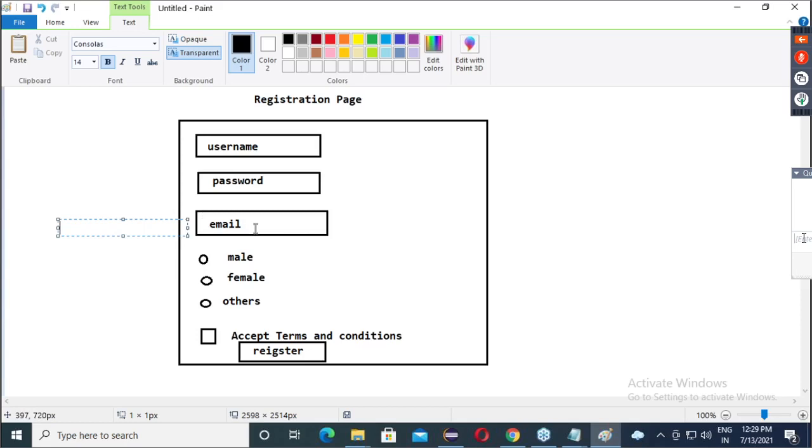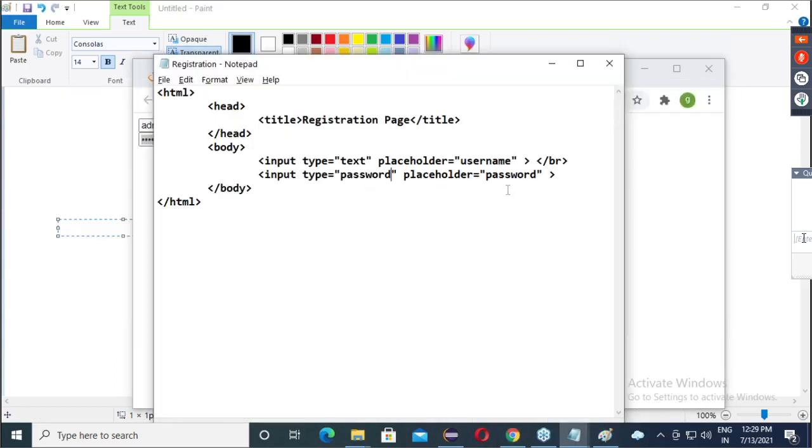Now the next field is email. Whatever email we insert, is it visible or not visible? Visible. So type equals to text. Correct. So go here. Again, we have to give slash br, break.